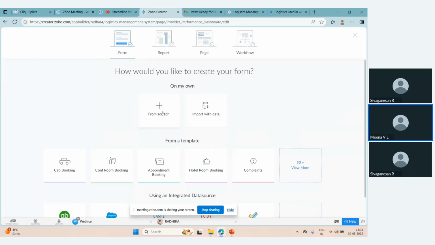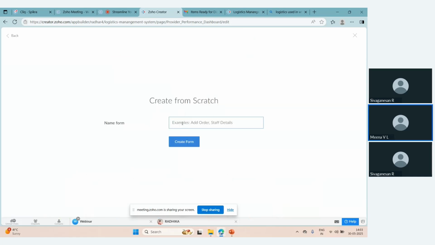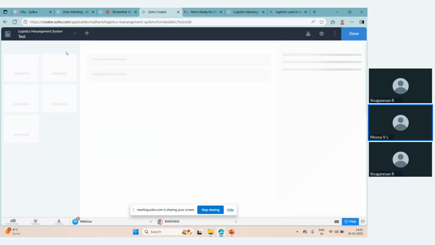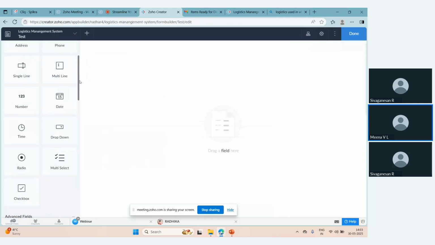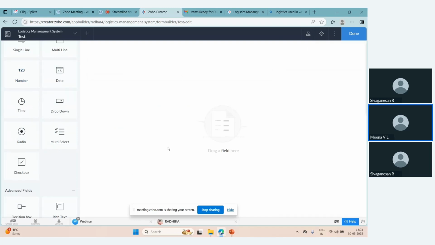If you want to have some Excel uploaded to get the field list for the form, you can import it. Otherwise, you can just click on From scratch and create a form. So, test form. Once you create it, you will have the drag and drop builder that I mentioned, right? And you can drag and drop the fields that are necessary in this module.